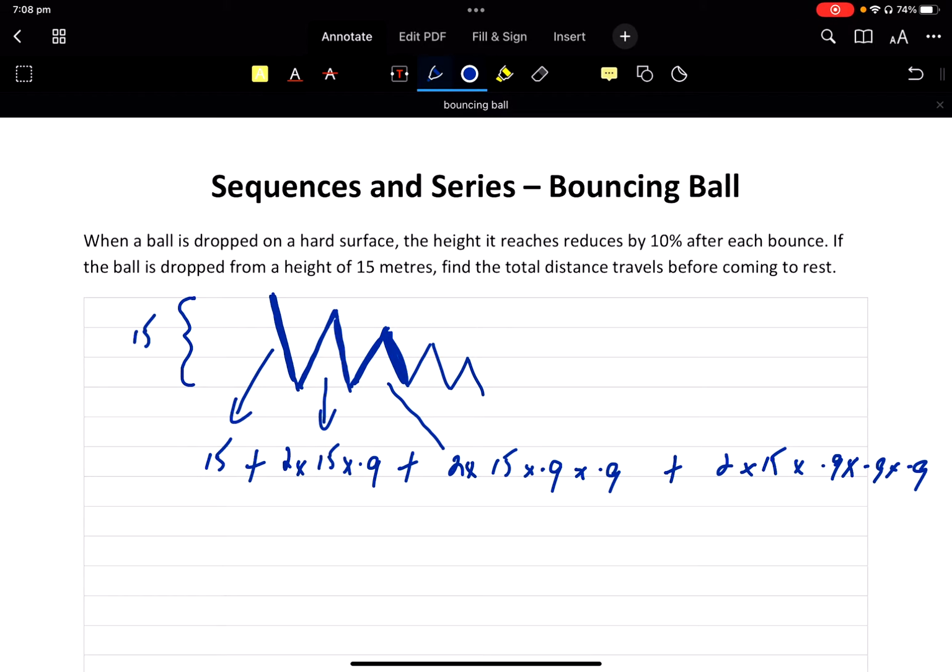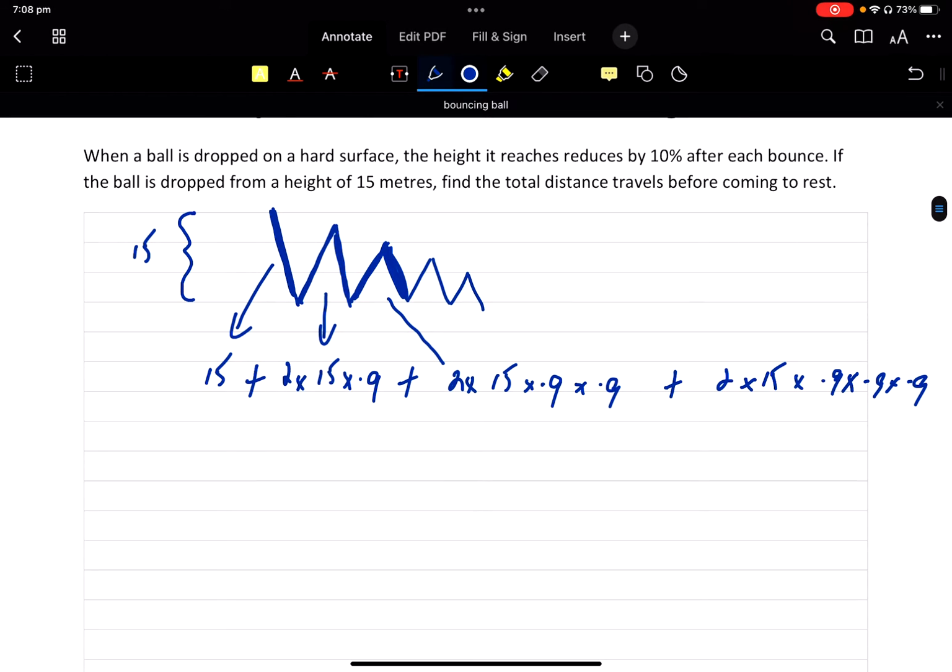So it's definitely a geometric sequence. This 0.9 is the R. And because R is less than 1, it's a sum to infinity. Let's just flesh this out a little bit more. So we've got a 15 at the front, which is sort of out of sequence a little bit, I guess. And then we've got this 2 15s are 30 times 0.9 plus 30 times 0.9 times 0.9 plus